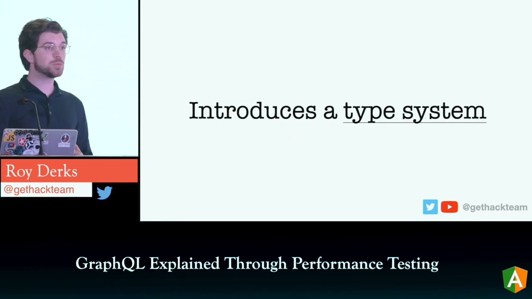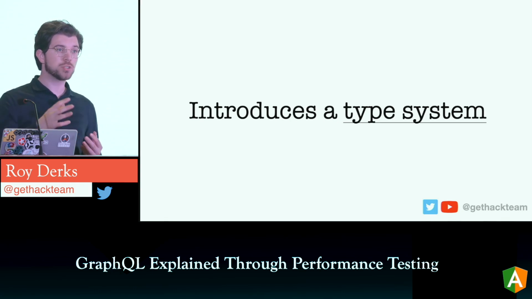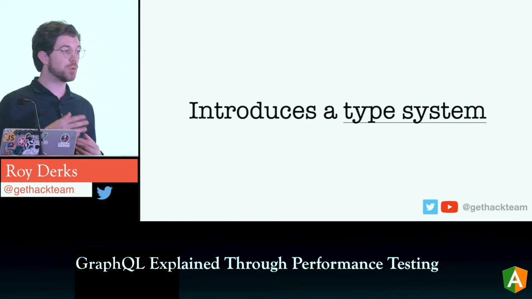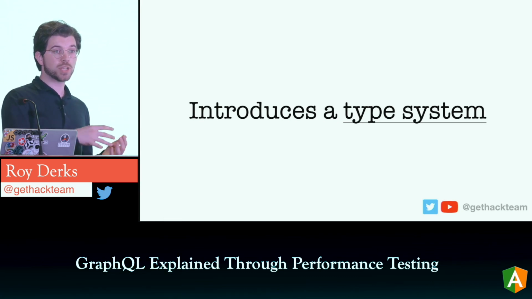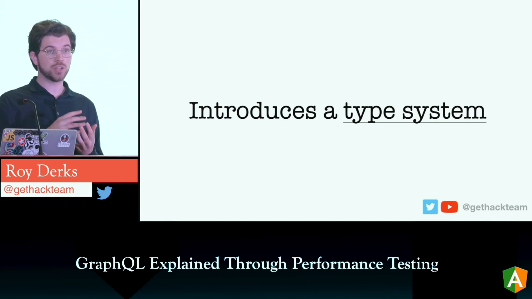So this type system is one of the main reasons for me to go with GraphQL. There's tons of reasons to go with GraphQL, and if you're on Twitter, you probably saw discussions if you really need it, if your project might be too small or too big for it. But my major reason for using it is actually the type system.